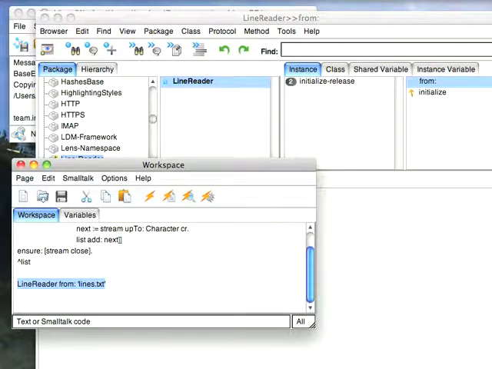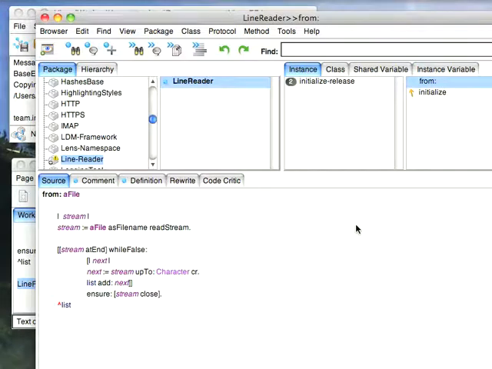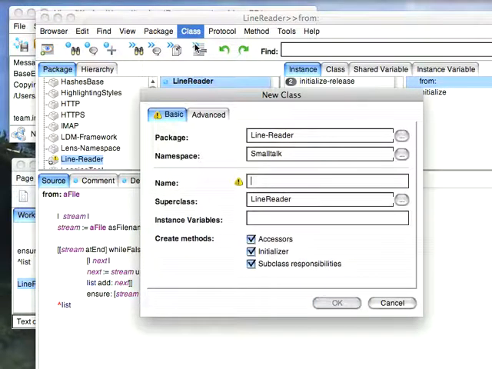Now that's all fine and good, but in reality what I should be doing is something resembling test-driven development, right? I should have a test to make sure that my code is accurate. So what I'm going to do is derive a new class, and my new class is going to be called line reader tests. And I'm going to subclass it from